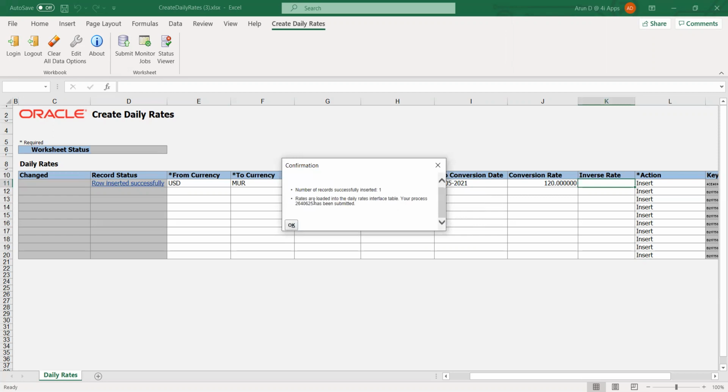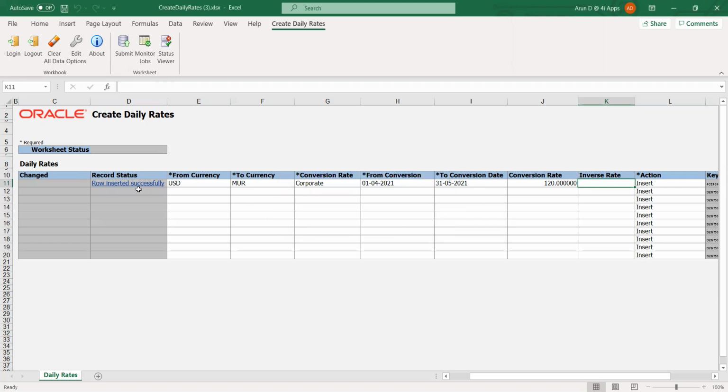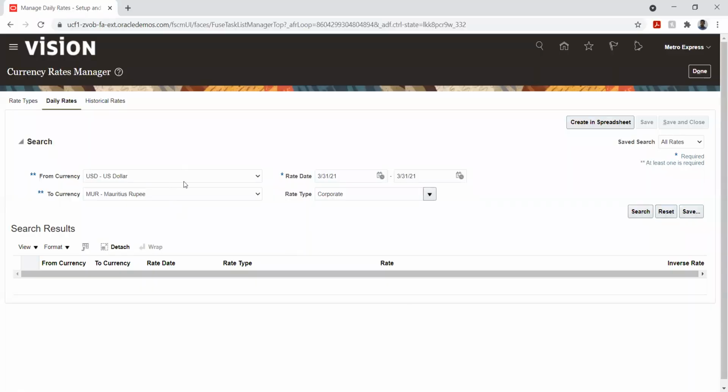Okay, so now we can see that it says the number of records successfully inserted is one. Which means whatever row we gave has been inserted. We can see the status also. So we will navigate back to the application and check whether the rate has been updated. We will query for the same date.